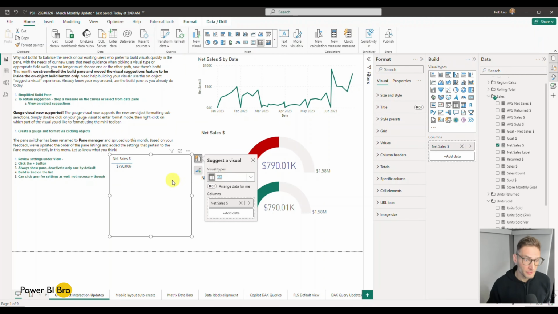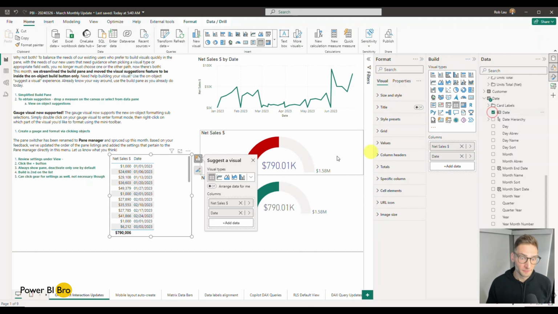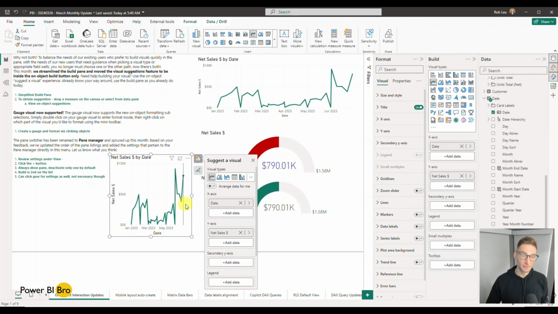So suggested visual initially is this, but say I come down here and I add like the date. Well, now it's saying suggested visuals, maybe a line chart. And that's how we get something like what's up there. So that's a cool kind of update. But what's nice as well